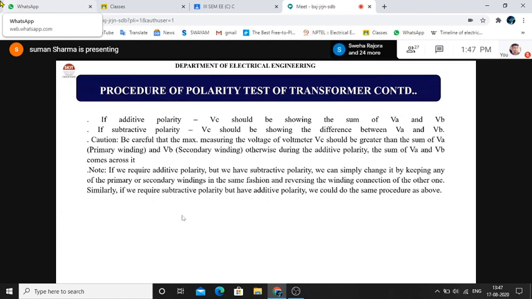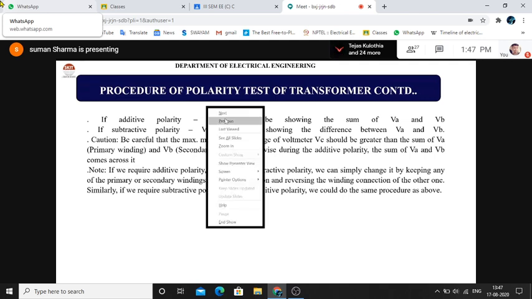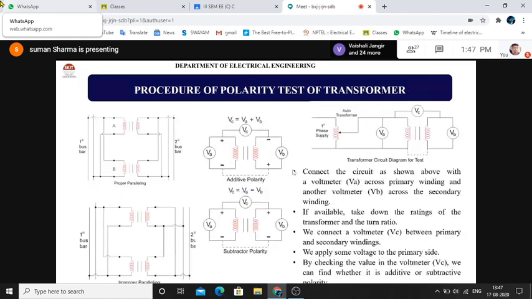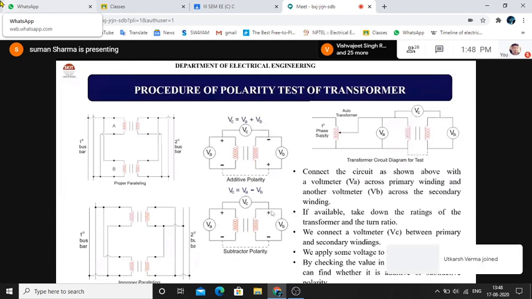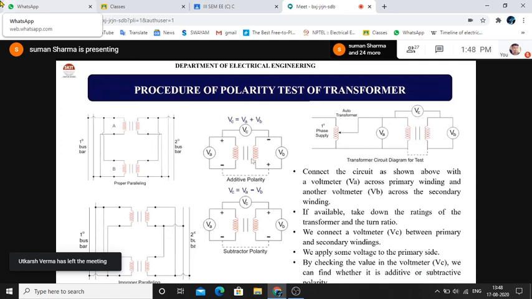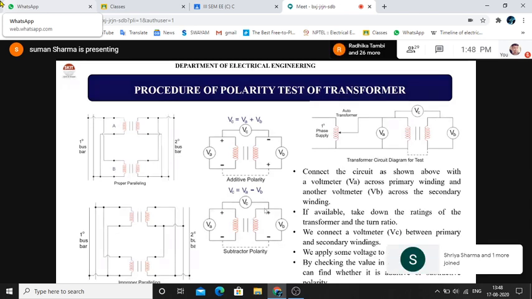Because in subtractive, you have to connect plus minus this way. So if you have additive polarity, then this is minus plus. So you change any one lead, and your connections will become like VA minus VB. If you change this one to this one, then it will be plus minus. And if you have subtractive and you need additive, then also the same procedure: you exchange any one lead. Keep the primary side the same, plus minus, because you need minus plus on the secondary side. So you connect the bottom one to the top and the top one to the bottom. Okay, you reverse the connection here.